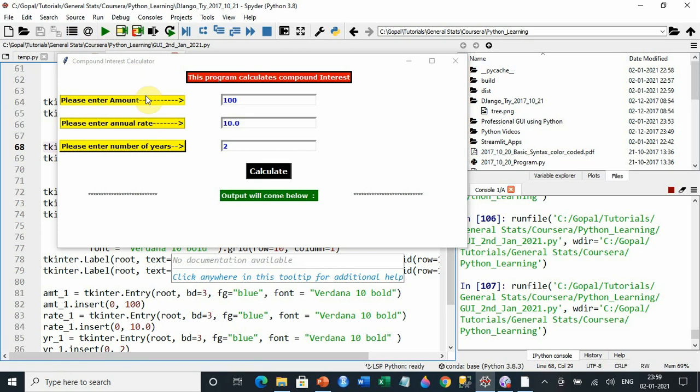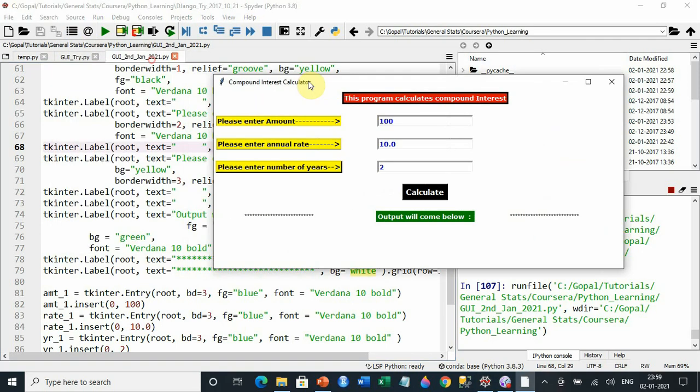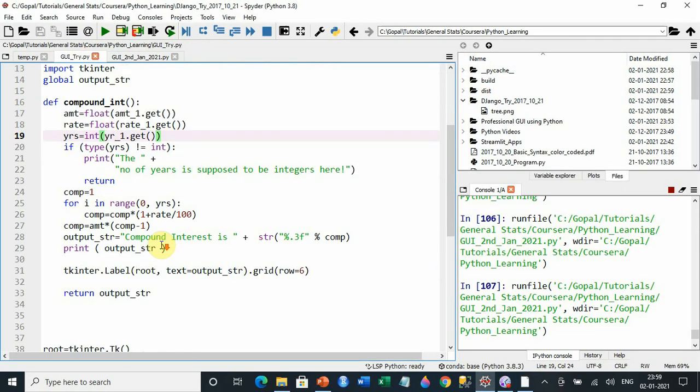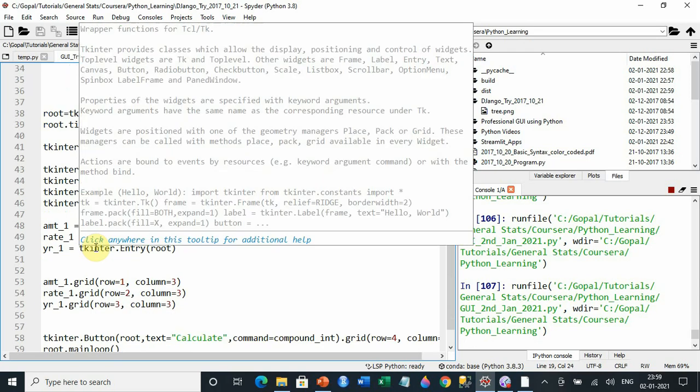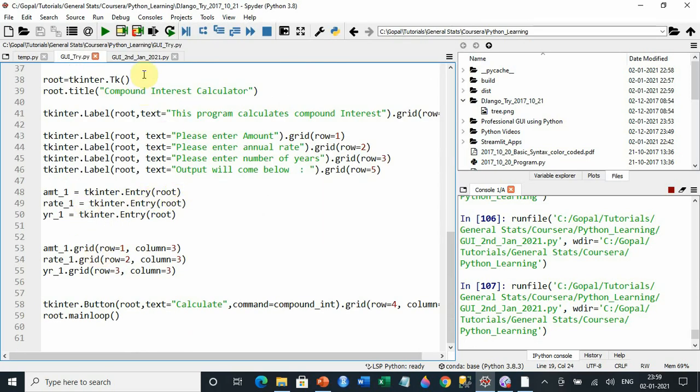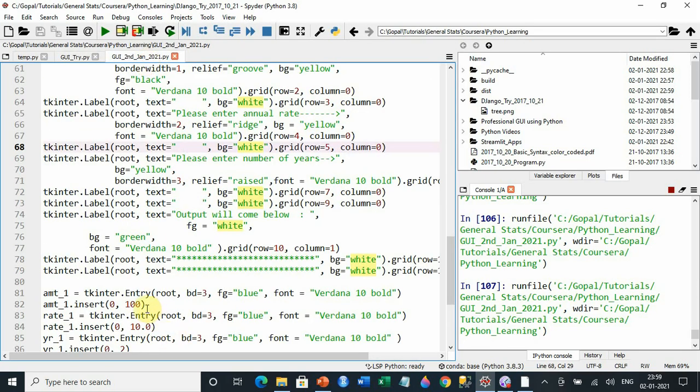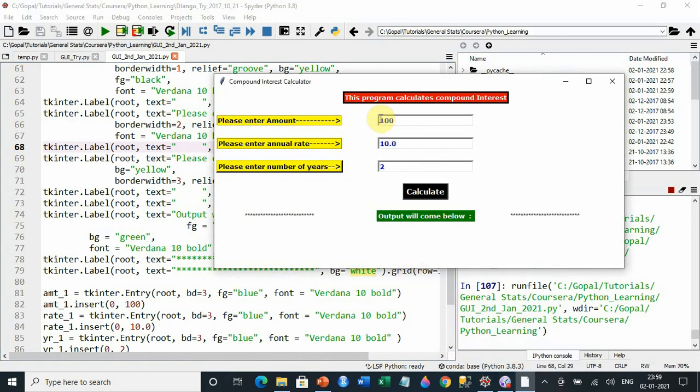In the not so formatted code, it is just tk.Entry(root). But for the formatting, I put border 3, foreground equal to blue, font equal to Verdana 10. What it does is put a thick border, and the text inside is Verdana.